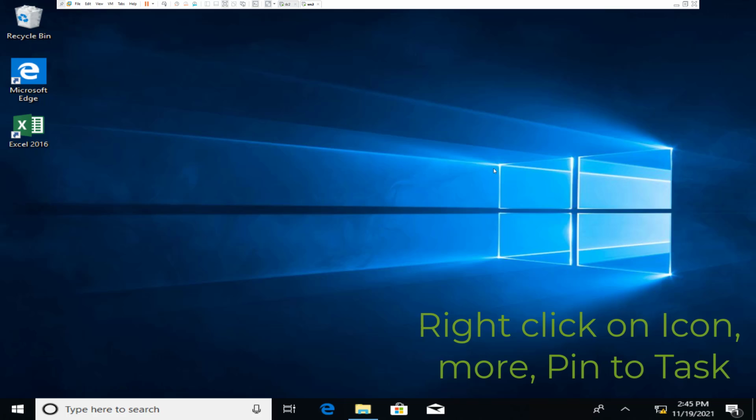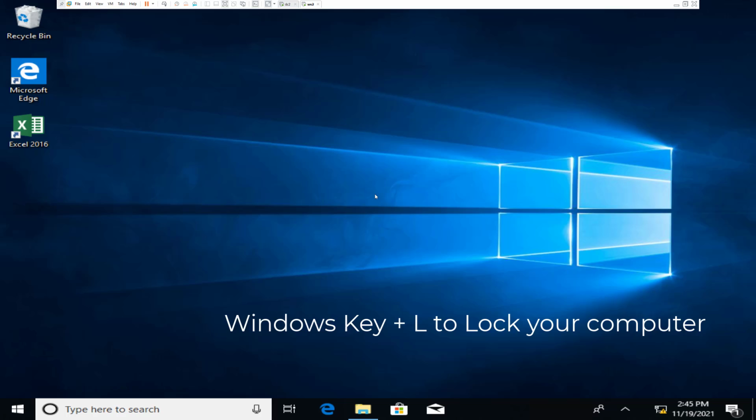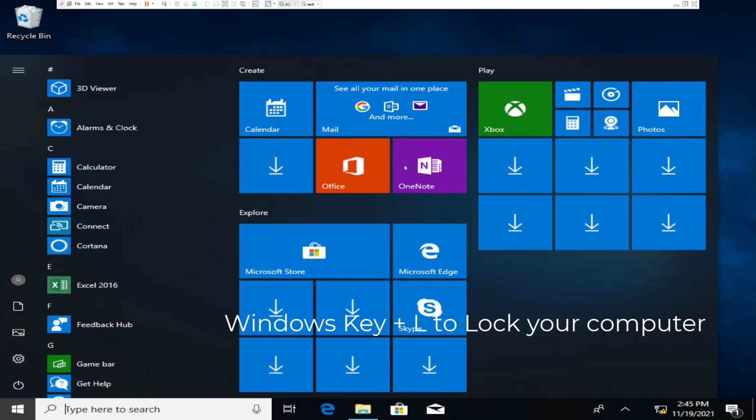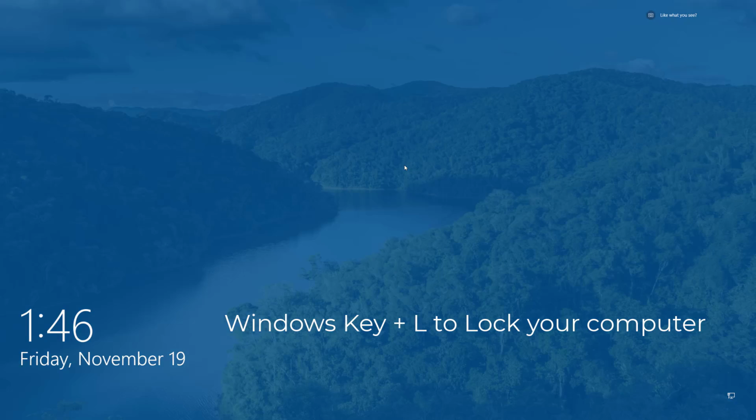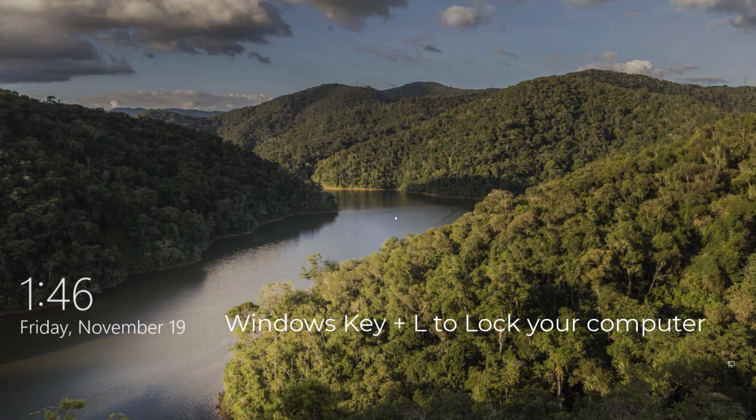The last one, and here's one of the security features that everybody should be doing, is if you need to get up from your workstation for any length of time, you should always lock your computer. One of the most useful keys that I use, and I use this all the time, is the Windows key and the L, like lock. Press that key combination and that'll lock the